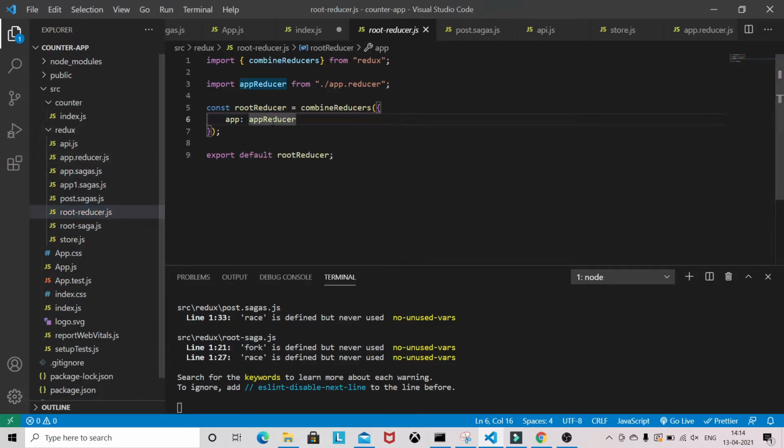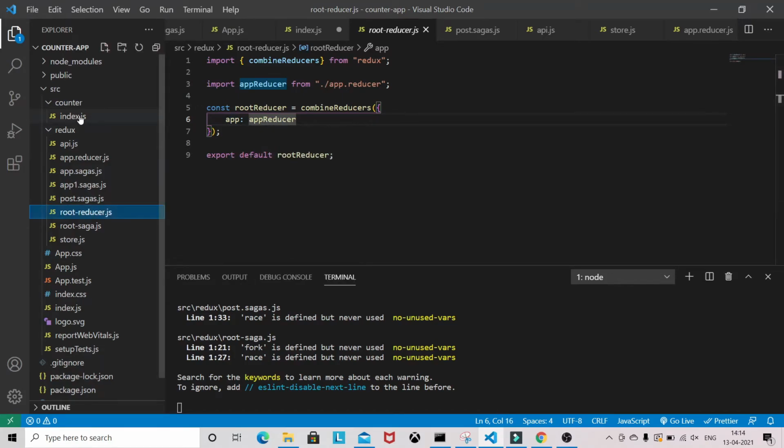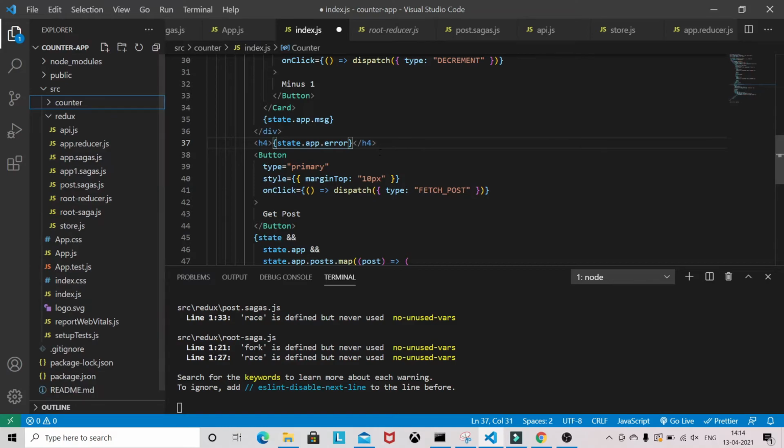With state.app you can access the reducer's updated value. I will also give a bootstrap class name so it looks like an error message.